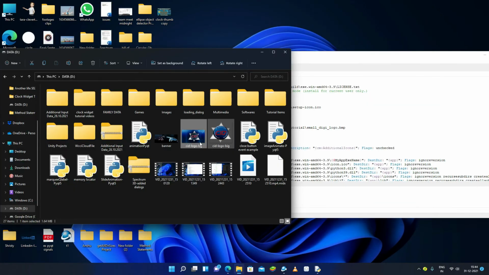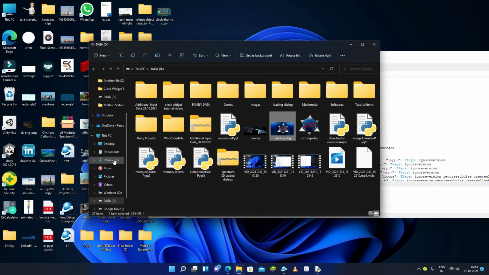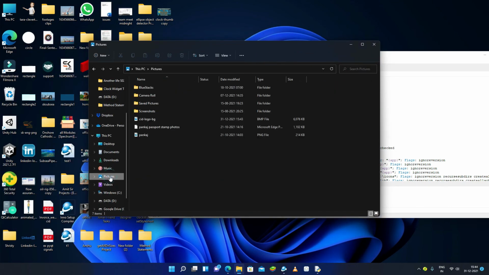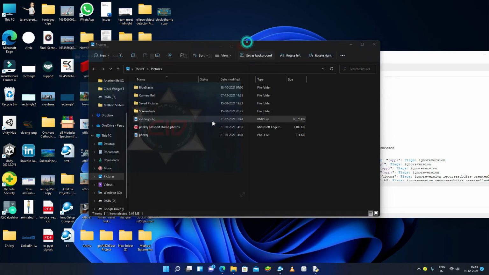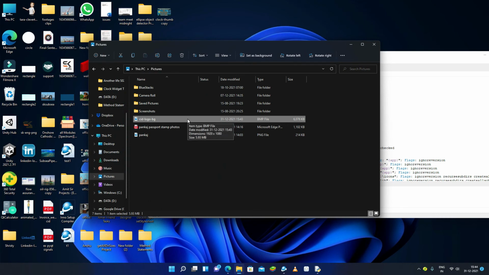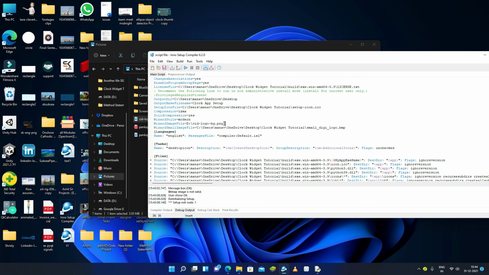Now let me open it. It is saved in Pictures, so I can click on Pictures. This is here, and you can see that it is opening. Now I can just copy its path and paste it here.